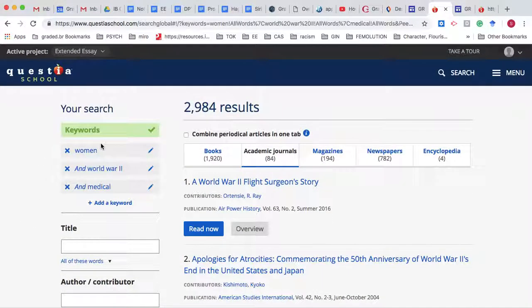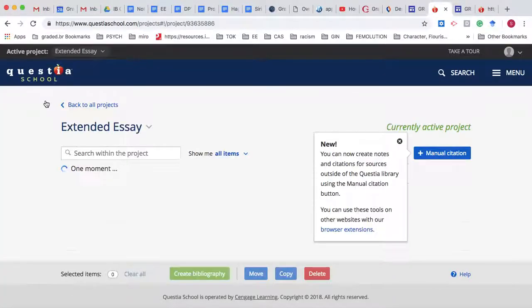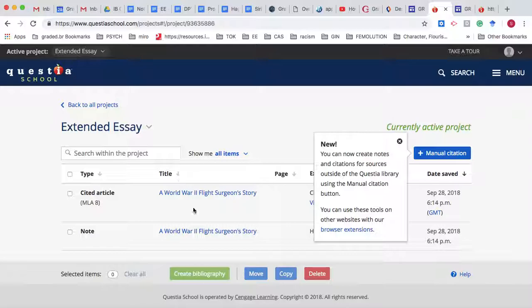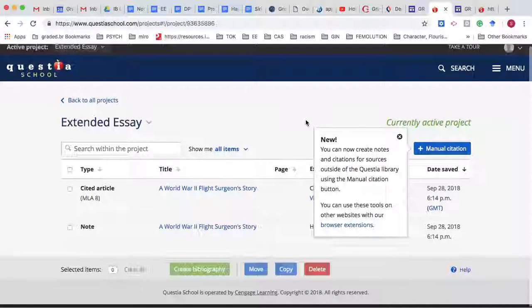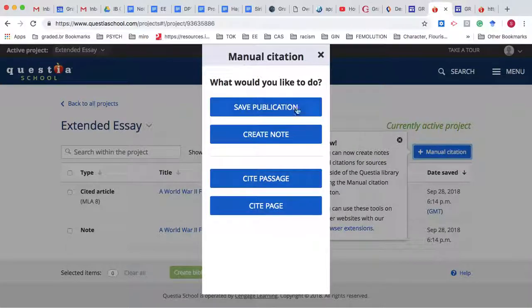And the last thing that I wanted you guys to know about is if I click on active project, and let's say go back to extended essay, I have what I saved and what I cited, okay, over here. But there's this other thing you can do. You can create notes and citations for sources outside of the Questia library using the manual citation button, okay? So you can either click on this button and you can create notes and cite passages from other things, or